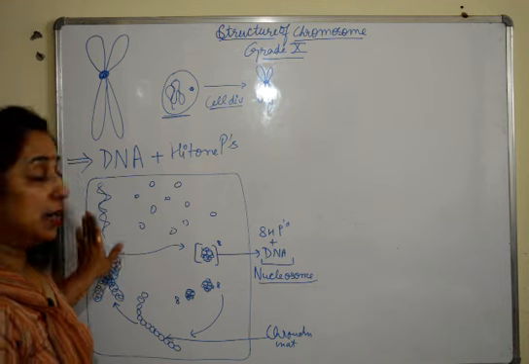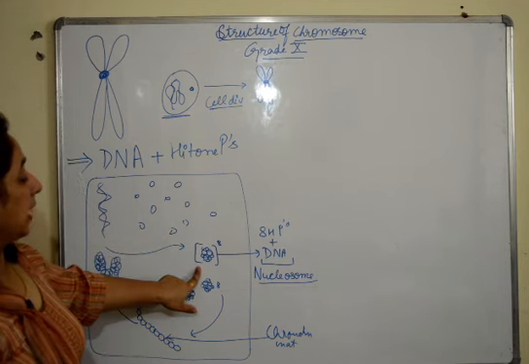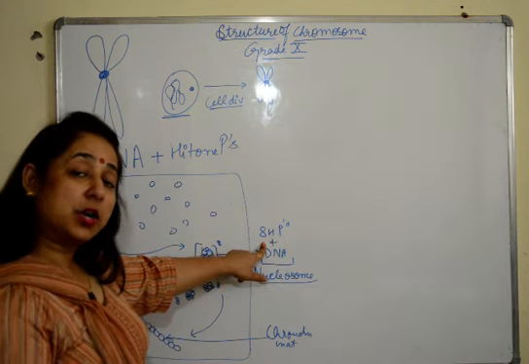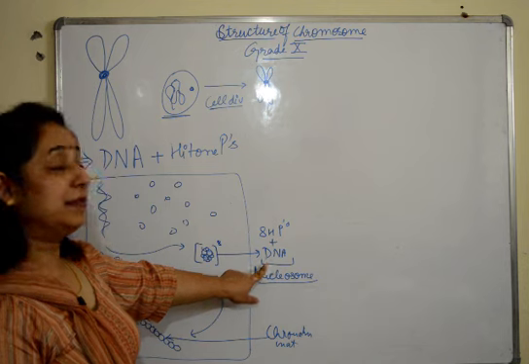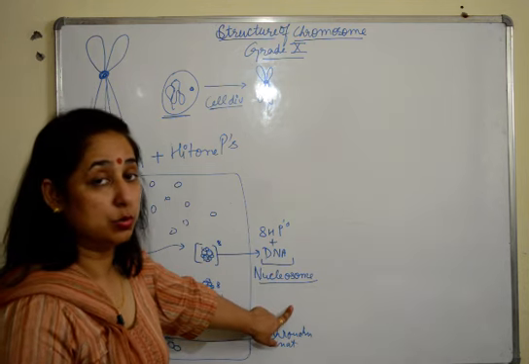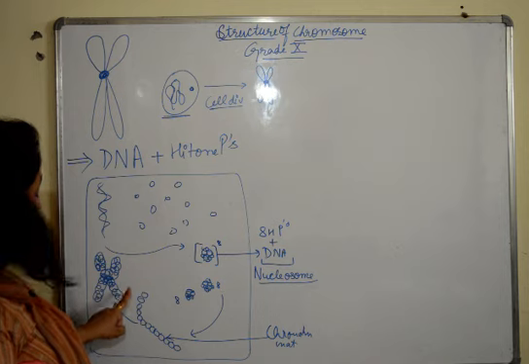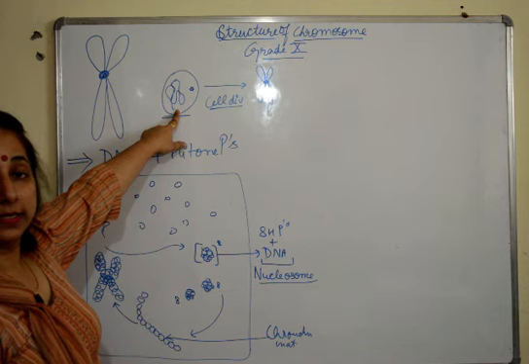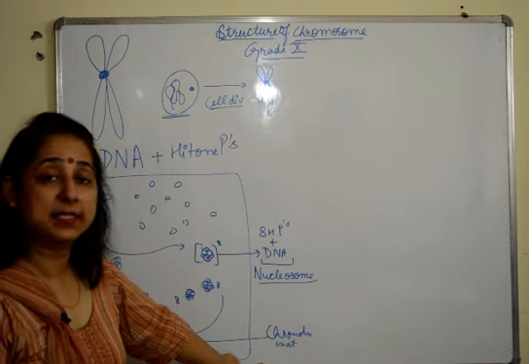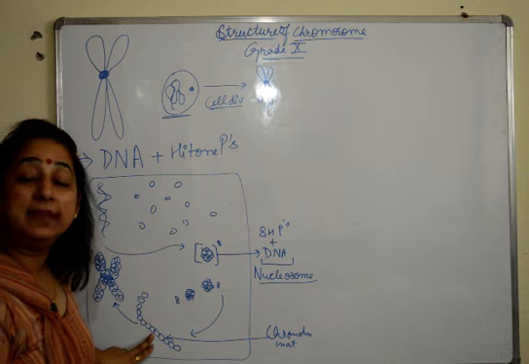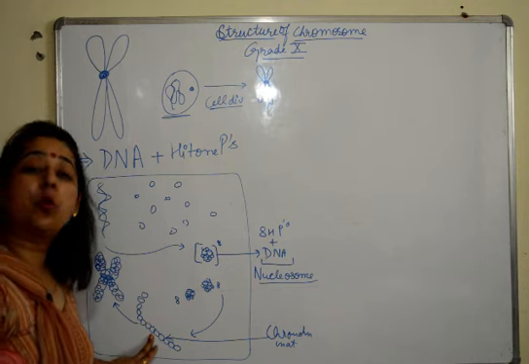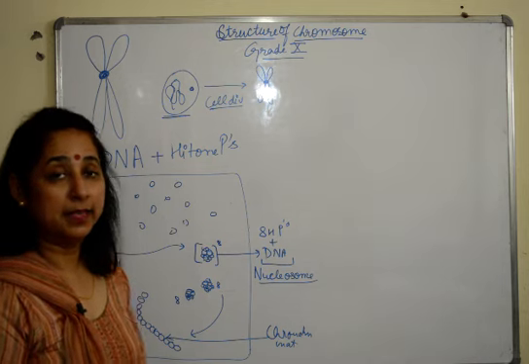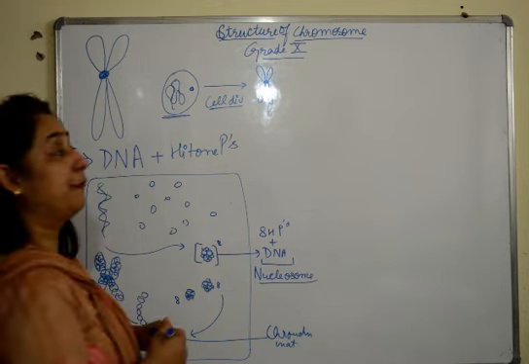DNA, which is there in the blood, histones which are there in the blood, they come together to form nucleosomes. 8 histone proteins fixed. It's not 7, it's not 6. 8 histone proteins are coiled by the DNA to form a ball-like structure known as nucleosomes. Many nucleosomes come together to form this thread-like structure known as chromatin material, which is there in a nucleus. As and when cell starts dividing, this chromatin material condenses or thickens or supercoils to form this butterfly-like structure known as chromosome. So this is how a chromosome is formed.